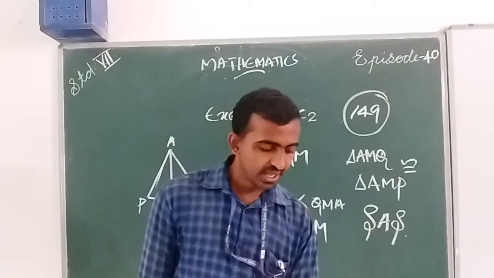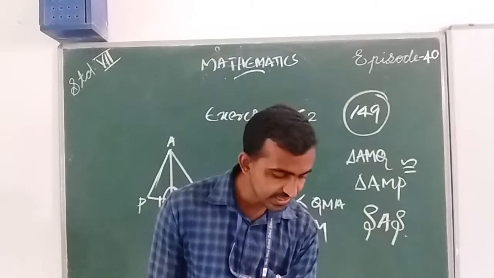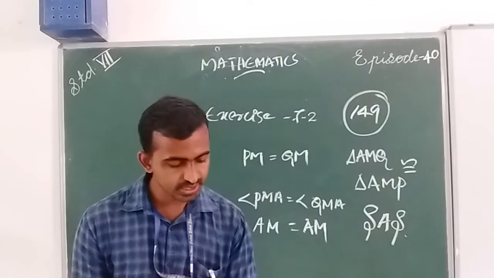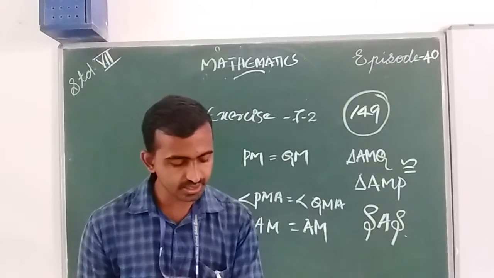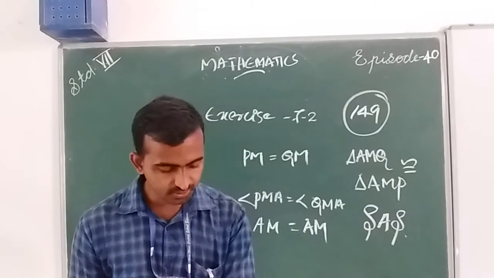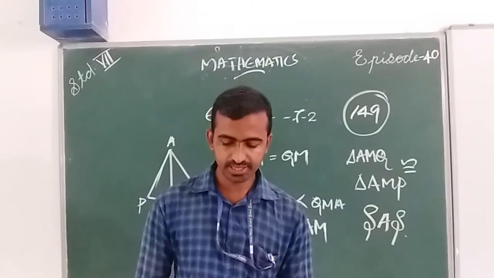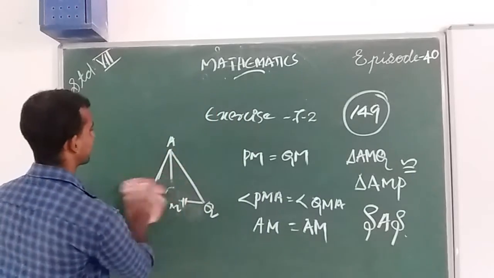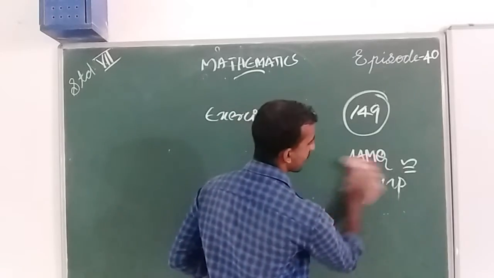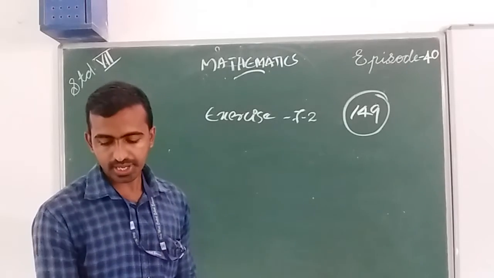And the fourth one is for your homework. And the fifth one is, in the figure the two triangles are congruent. The corresponding parts are marked. We can write triangle RT congruent to what? Here is the figure. The fourth question is for your homework. Write your homework in your notebook and send it to me. Any doubt, you can contact me.